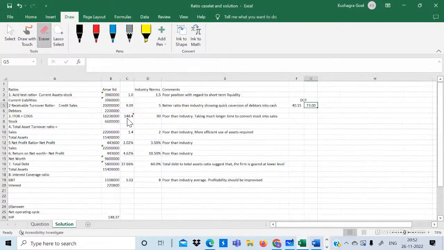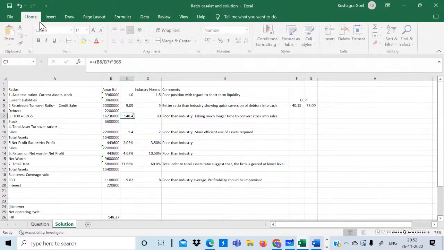148.37 days. Let's check it. Yeah, so you're getting 148.37 days. So that's fine. Again, if I expand it to 2 decimal places, I should be getting the same number. Okay, which means you hold the inventory in the godown for 148 days before you are able to finally